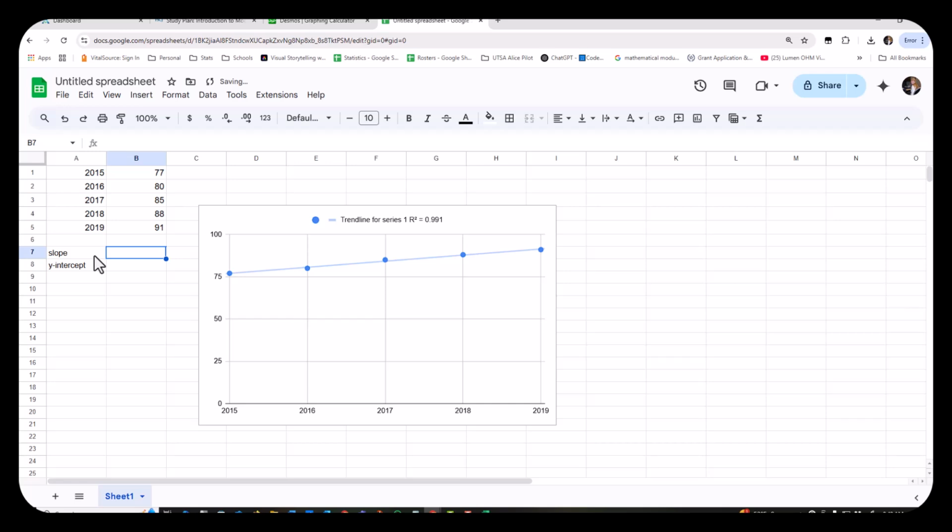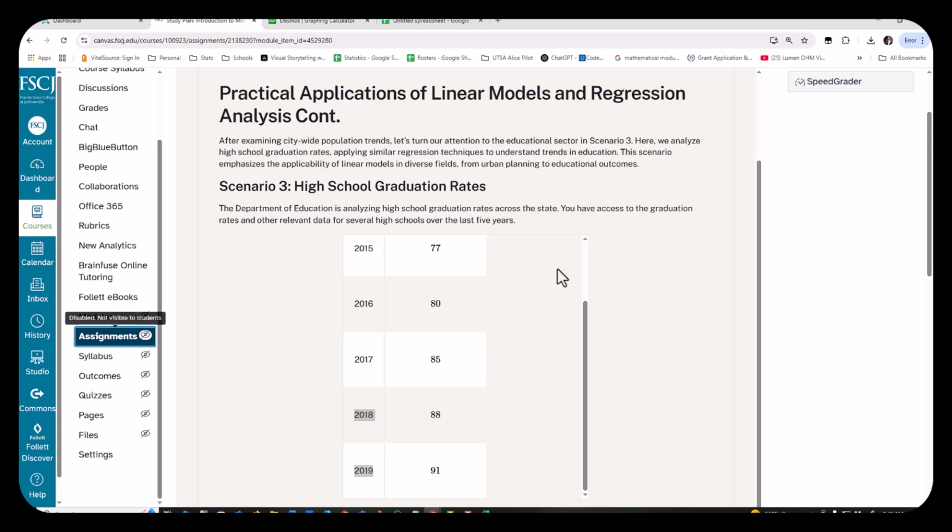And this is also Excel: equals SLOPE. Now this one, the order matters. Notice it tells you data y first, comma, data x, close the parentheses, exactly the same way in Excel. 3.6. My y-intercept is just INTERCEPT, my y values, comma, my x values, and then enter. This is just a nice quick way